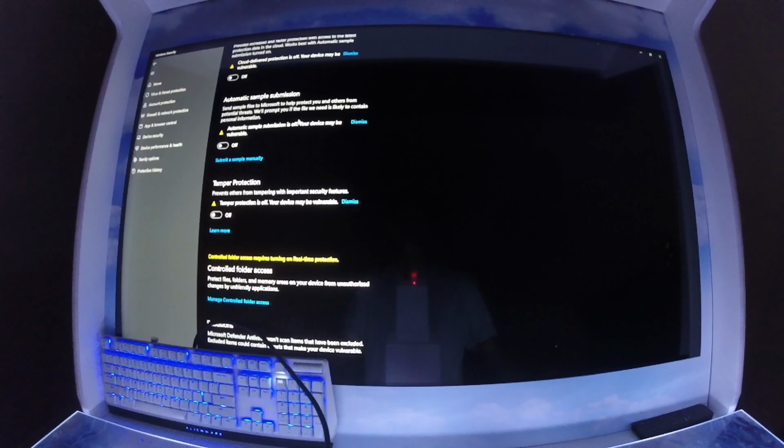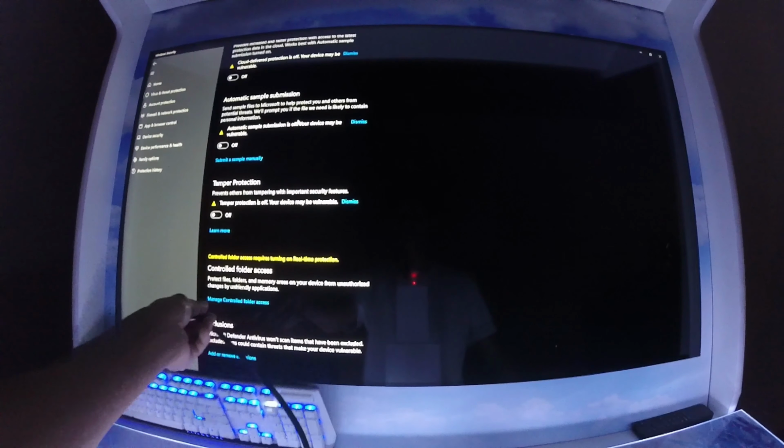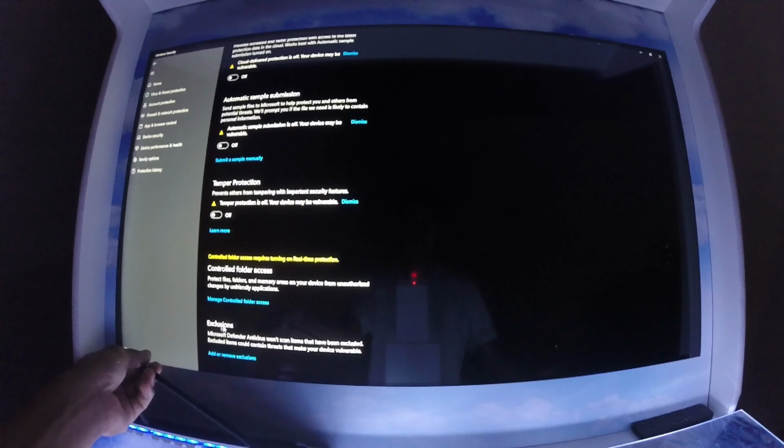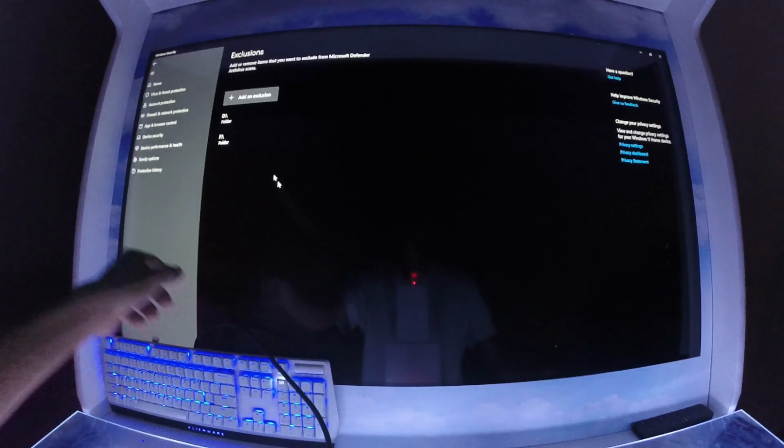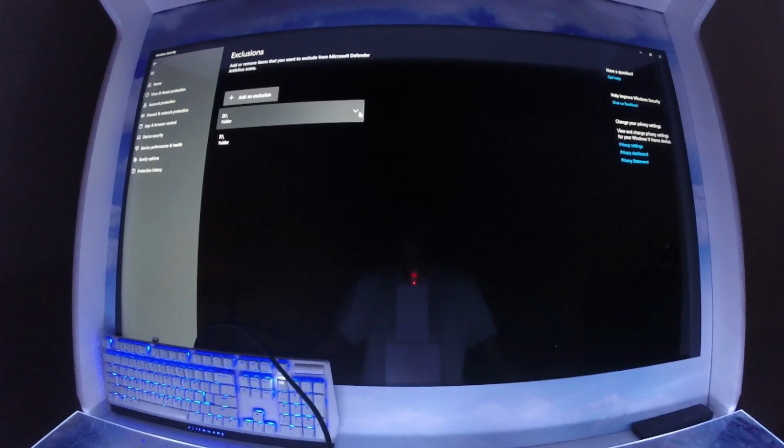Okay, once you turned everything off, scroll down. You see where it says exclusions, you're going to add or remove exclusions. You click on that, hit yes. Here I already have them excluded, but I'm going to delete them to show you. So you're going to add an exclusion folder,